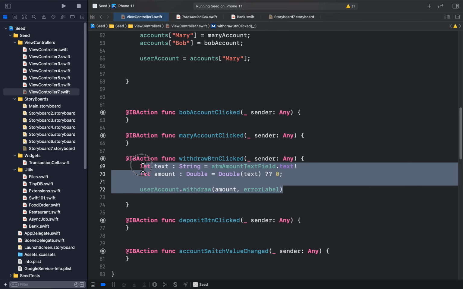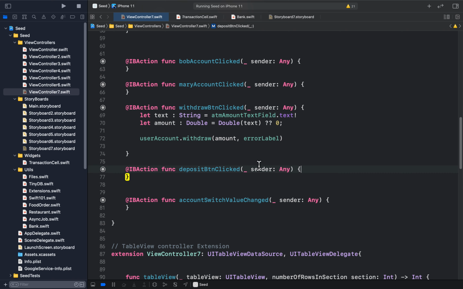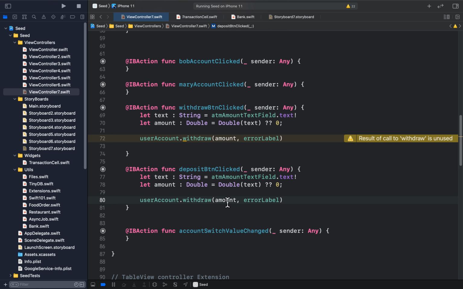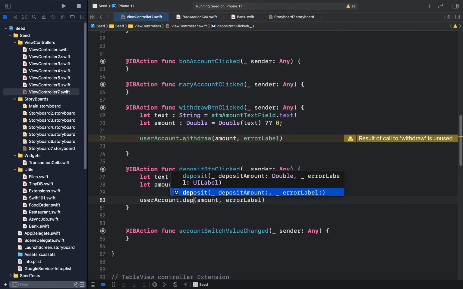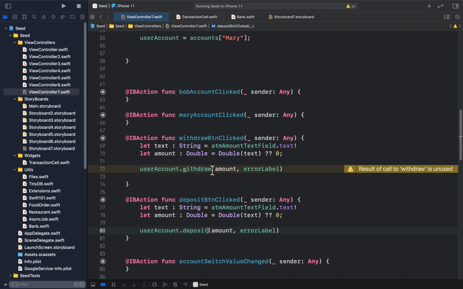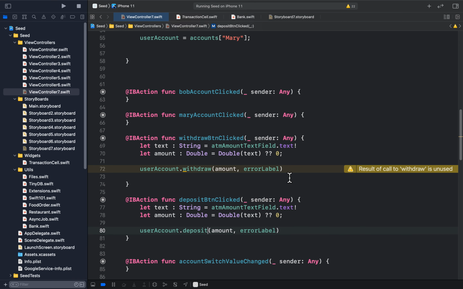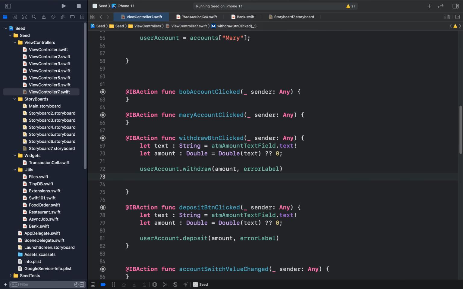Now we're going to do the same thing for deposit, except here we're going to say deposit. It's the same thing. All right, so for withdraw, now we've withdrawn. Okay, that's good. So we probably need to update our balance after we've withdrawn. And to do that, we simply say